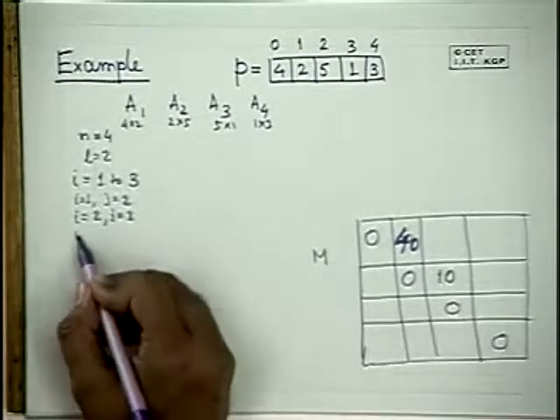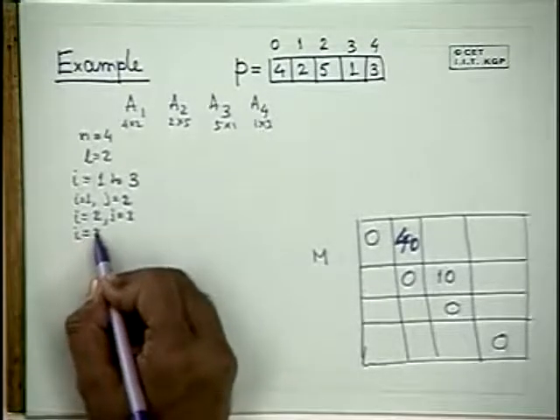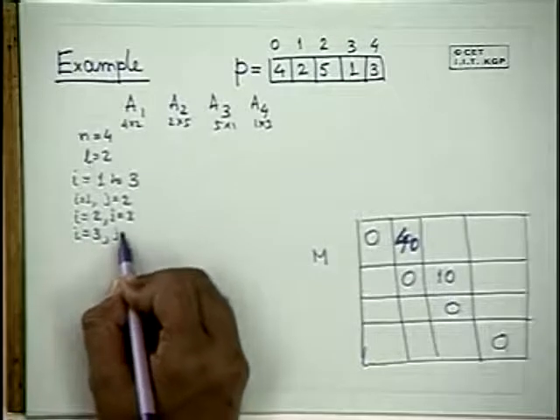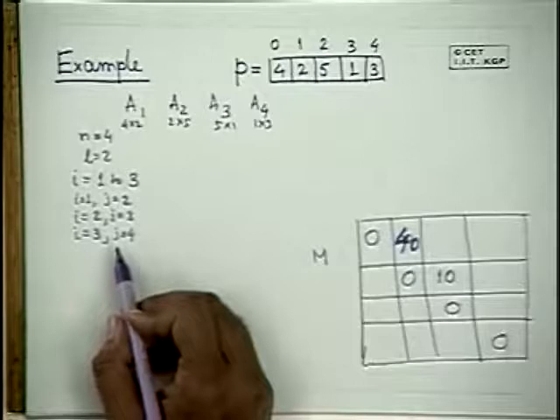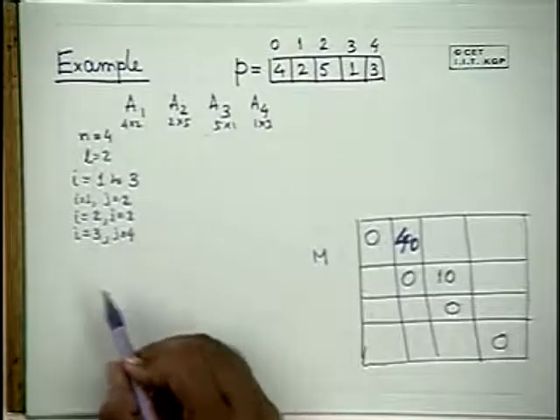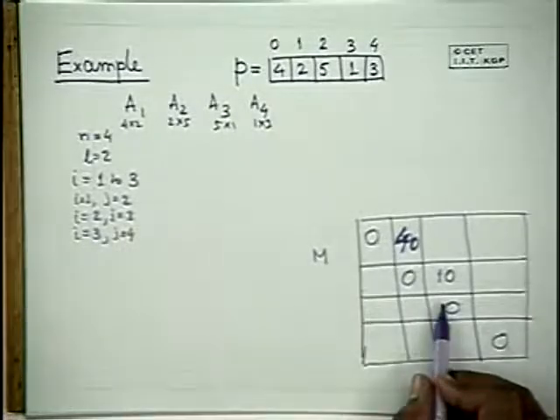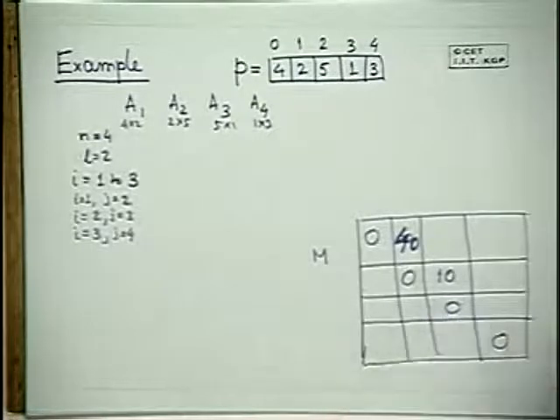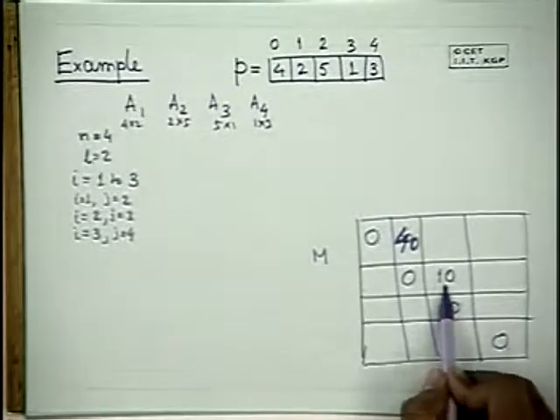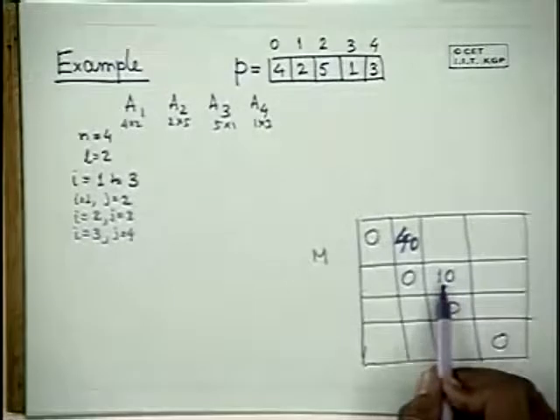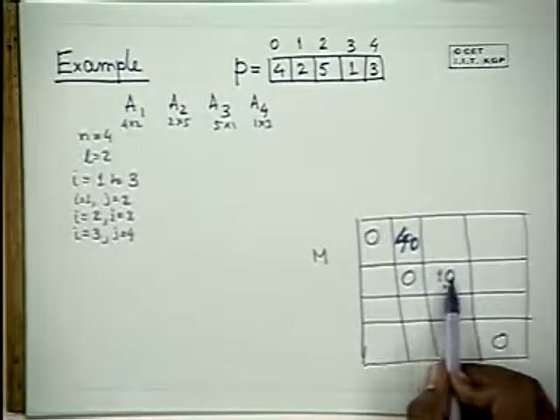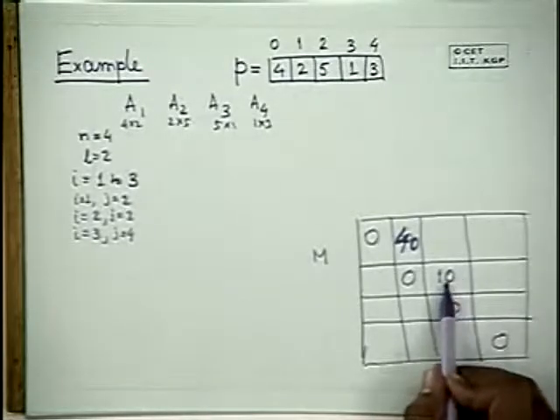The next one, again k will be done. I becomes 3, j becomes 4. Yes, mult less than Mij. So your question is, let me go back. Sorry, he was confused about how this got 10. Initially we are putting infinity, and then 10 will be less than infinity, so it will be updated as 10. You have to go back to the code.